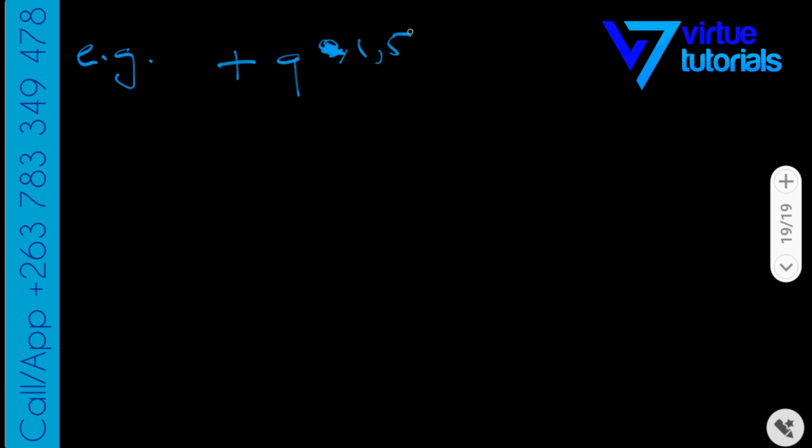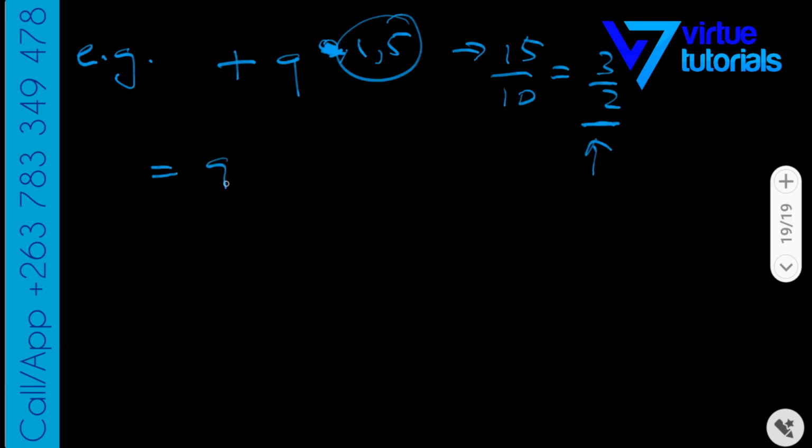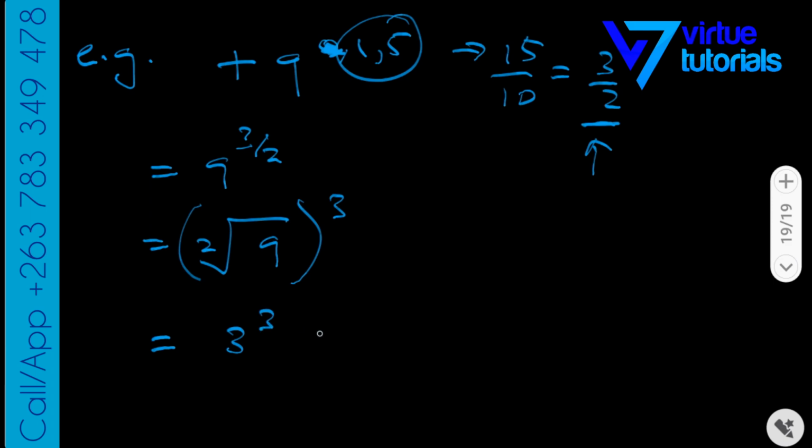So now this number is a bit difficult to understand when it's a decimal number. But 1,5 is simply 15 divided by 10, which if you put it in lowest terms is 3 over 2. So you want fractions. So instead of 1,5, we're going to use 3 over 2. So this is the same as 9 to the power 3 over 2. And again, you just get the second root of 9, then to the power 3. Square root of 9 is 3, to the power 3 gives you